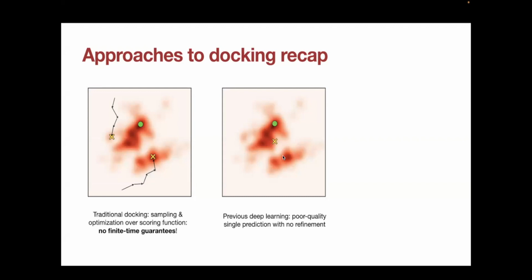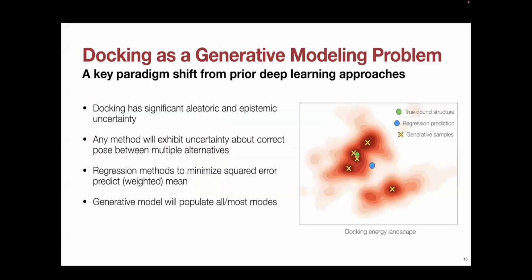And then the best it can do, if it makes a single prediction to minimize the mean square error to samples from this distribution, is to put its prediction at the mean. But this is actually not what we're interested in here, right? We're interested in the sample from the modes, the global mode. And this is why we argue another approach, generative modeling, should be the approach taken for the docking problem. And that's what Gabri will talk about now.